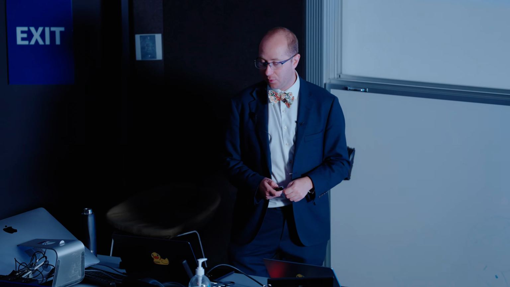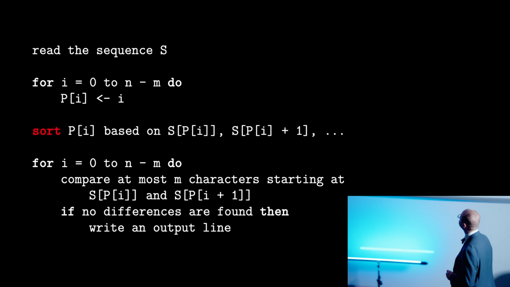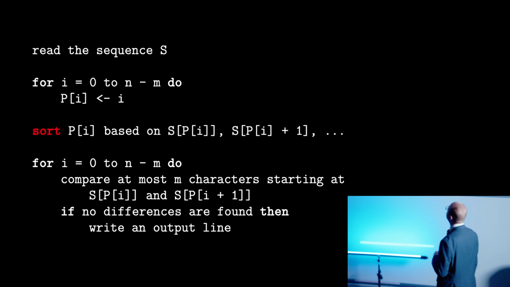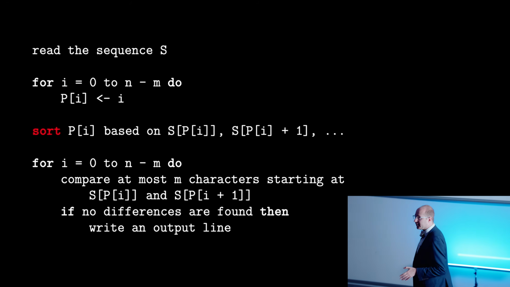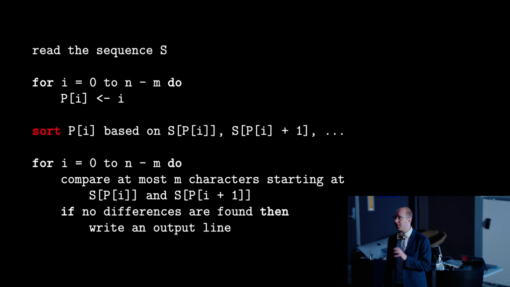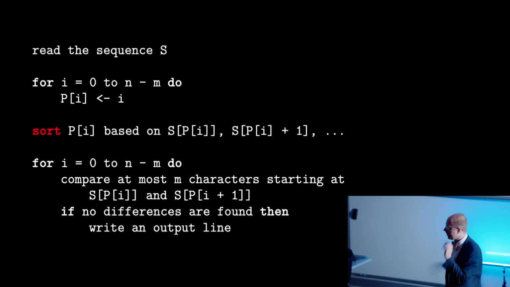So as Oscar said, the way we can check for repeated substrings is by setting this up and then just going through it. So here is a pseudocode version of that algorithm. I'll give you a second to look at it. And this is just the process that we were doing before. So the first 2 lines, after we've read in the sequence, put all the suffixes into our data structure. In this case, let's just call it an array for the time being.